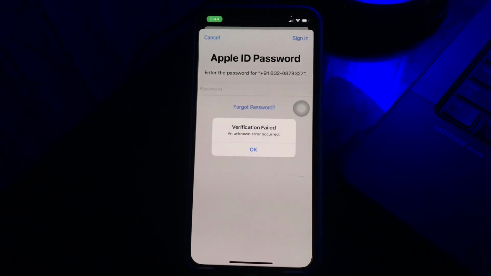So in this video I'll tell you how to fix Apple ID verification failed on iPhone. For performing some events on your iPhone successfully, it will require you to enter your Apple ID's password, such as signing out from the iPhone, downloading and installing any application on the iPhone, etc. After entering the Apple ID password, many iPhone users have received an error message on their iPhones that says verification failed. There was a problem connecting to the server. In this video, you will learn how to fix this error message and successfully verify the Apple ID.